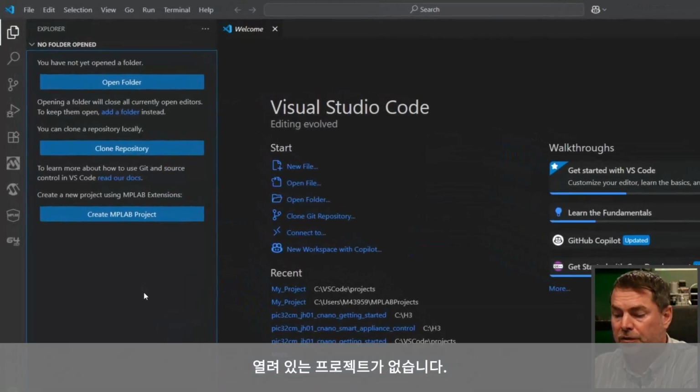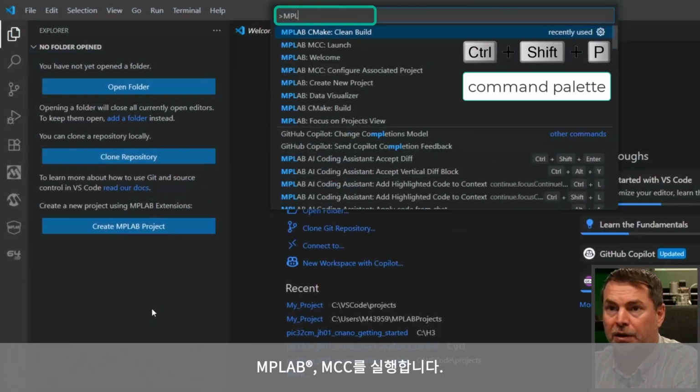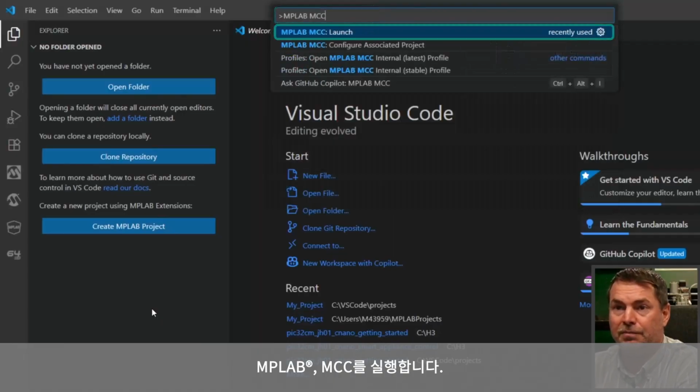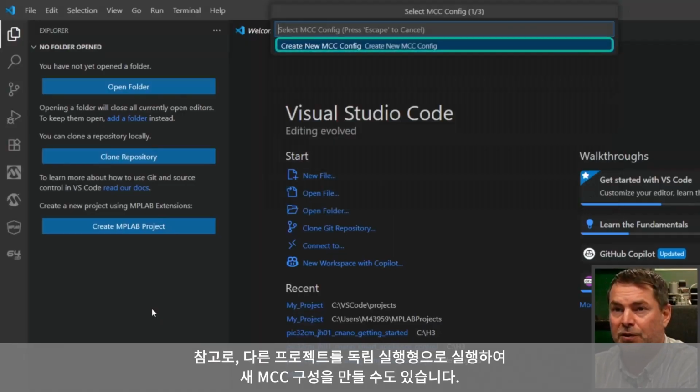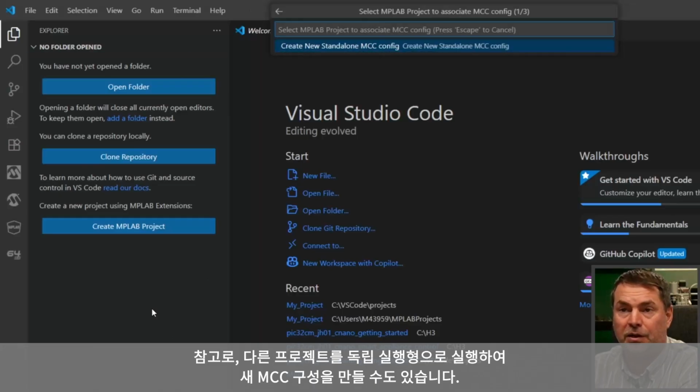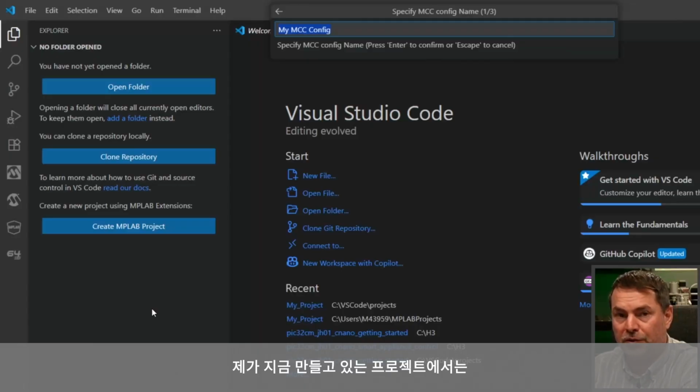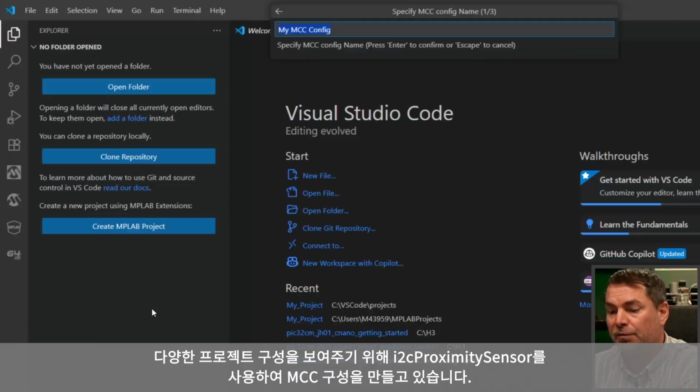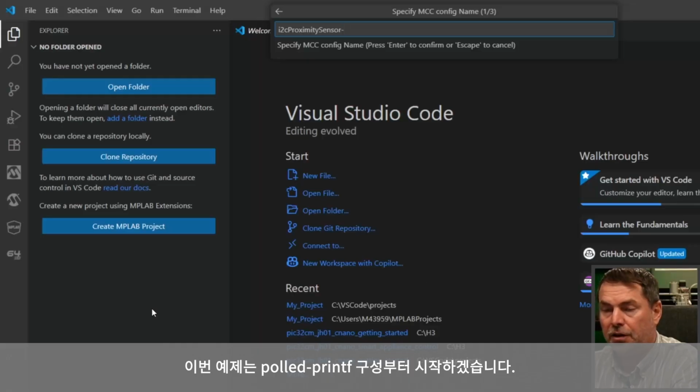No project open, MPLAB, MCC. Now note it's actually possible to create an MCC configuration without a project. Standalone. It's not a project I'm creating now, I'm creating the MCC configuration. I'm going to use an I2C proximity sensor as a way to show off different project configurations, and I'm going to start with the polled printf